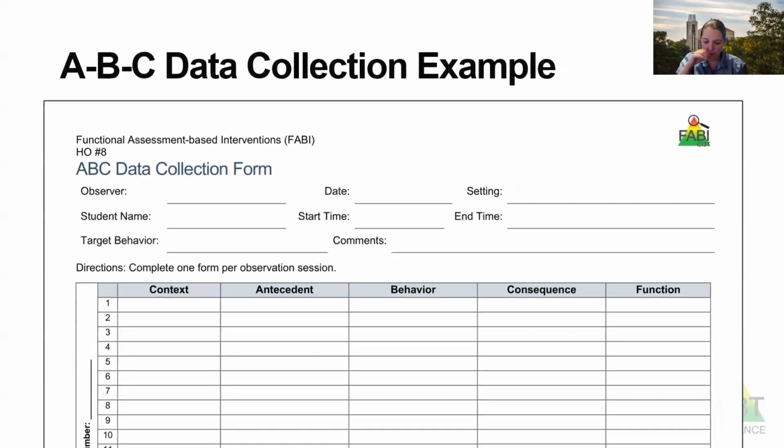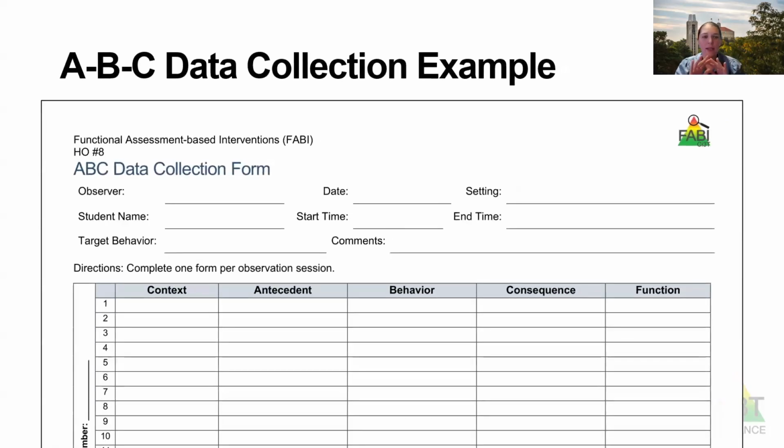When you zoom in on that form, what you see at the top is the name and date, all those important details, so we can keep all these straight, because you're going to have a couple of these forms that you're going to be using later. So we want to make sure we have those details. The first piece here is you'll notice there's rows. Each row is one instance of the behavior, so one time the behavior occurred. The reason they're all in separate rows is because each one is going to go on the matrix.